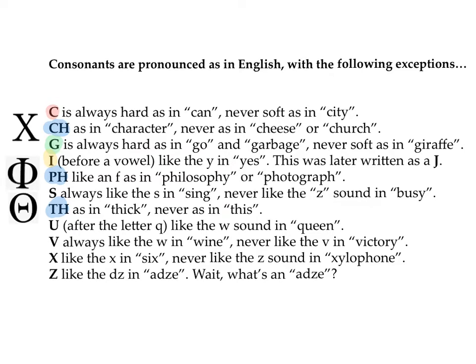Now, this looks like an exception to the rule that each Latin letter always makes the same sound, but in reality, it's not. When you say yes, or yellow, or any word that starts with the letter Y, you begin that word with the sound of the Latin I. E. Yes. Yellow. Now we make this sound very quickly, and we think of it as a consonant. The Romans would have heard it as a vowel, and they used it at the beginning of a whole lot of words, including some famous names. Names like Jupiter,